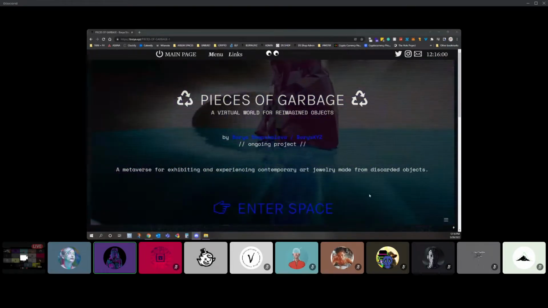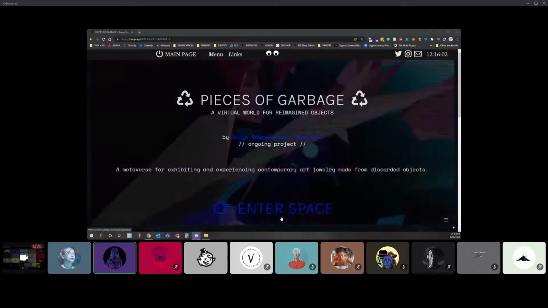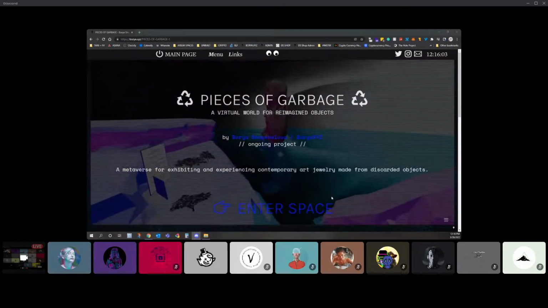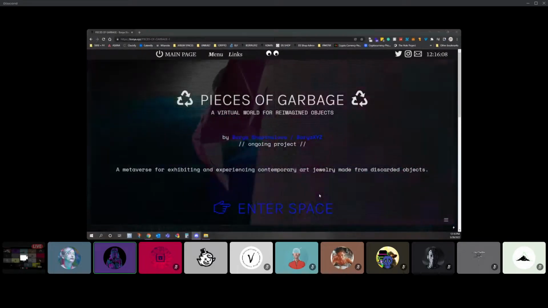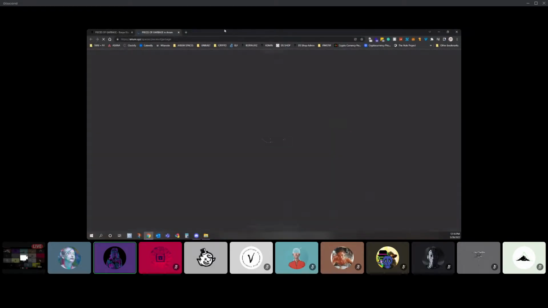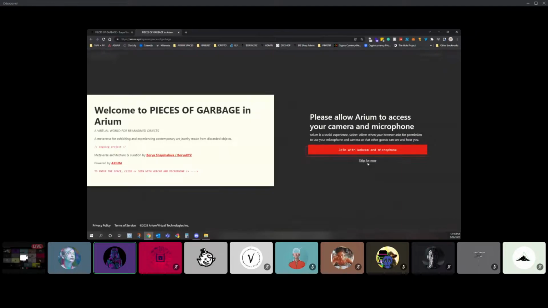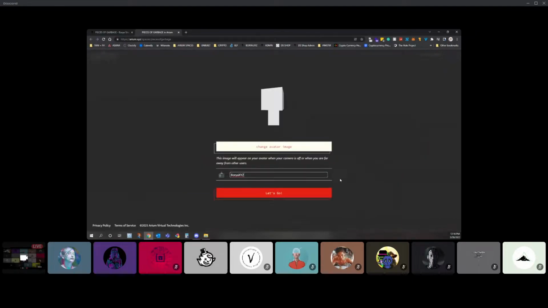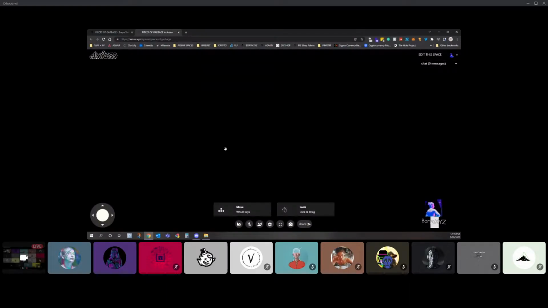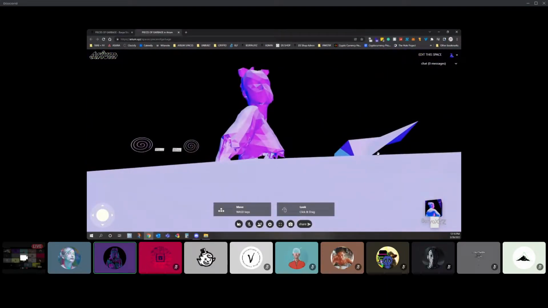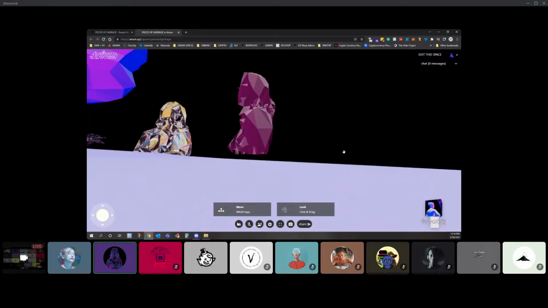The idea behind it is for it to be a virtual workshop world for contemporary jewelry made from discarded materials. So far, I'm still waiting for my 3D scanner to arrive, so I haven't been able to use it per se, as you would say. But then again, I'm using this space for events. So far, we've done one event over here,